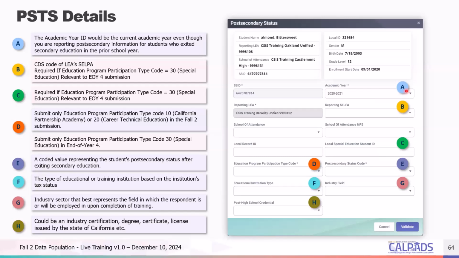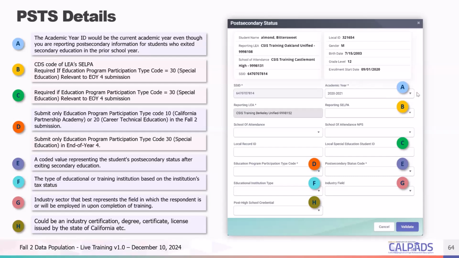In PSTS files, we report the academic year as the prior academic year for a student who has already exited secondary education. We don't want to worry about ownership validations with the academic year because the PSTS file will compensate for those. So you will have ownership of the student record for PSTS files, although a student has already exited your LEA.